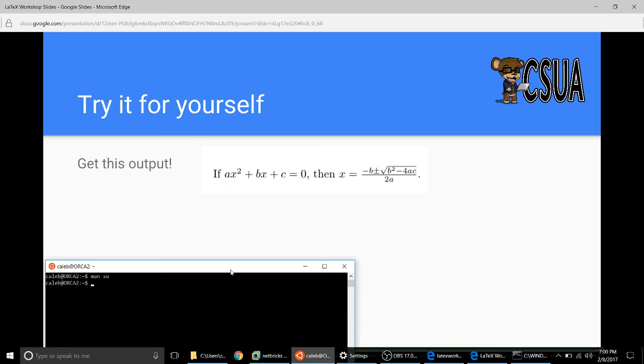What if I want to change my X number to, what if I want the X number